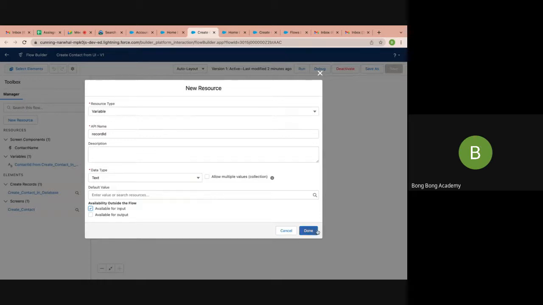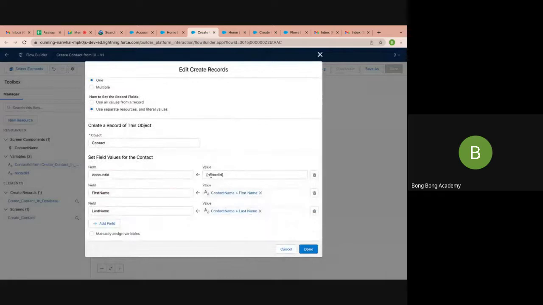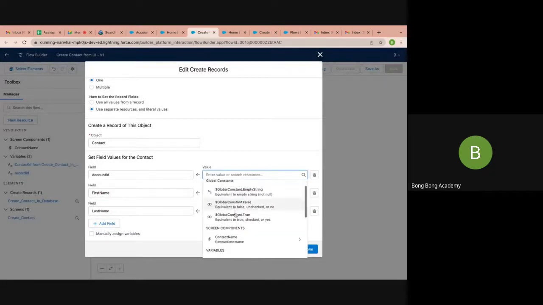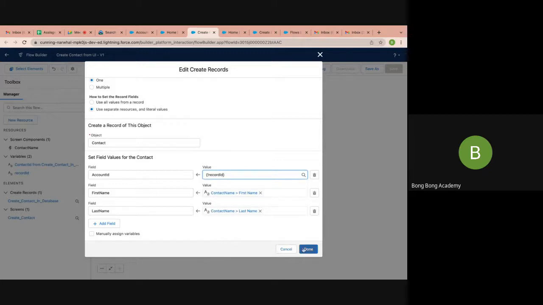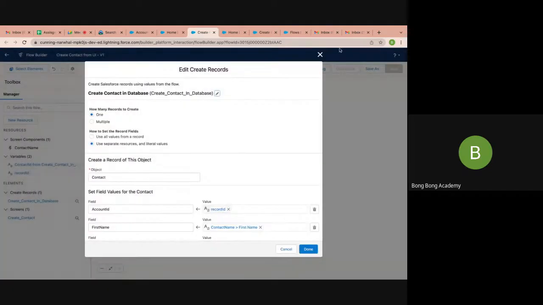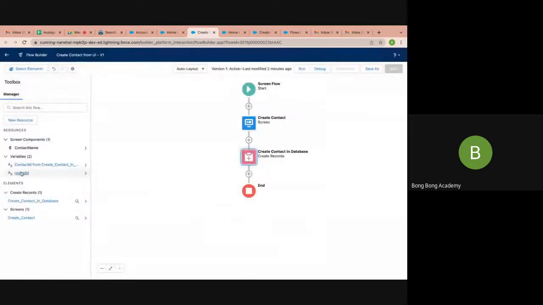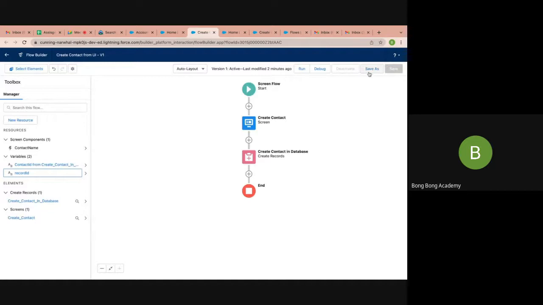Okay. This is exactly what we have used in this one, record variable. So if you now go and create a record ID, you see, this is a text variable which I have used. Now it will turn blue. And I have also marked this record ID as available for input. That means I am passing it from UI. So I will save this